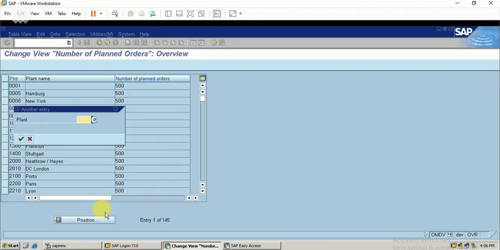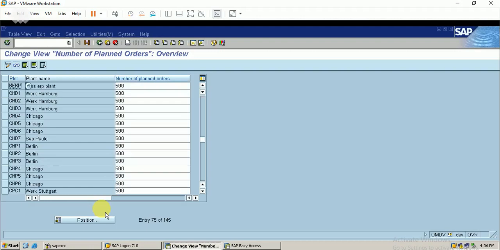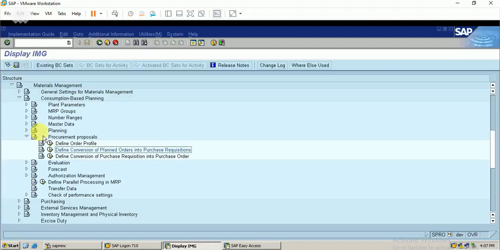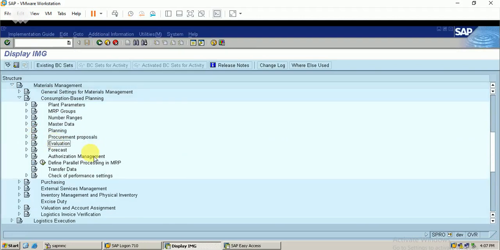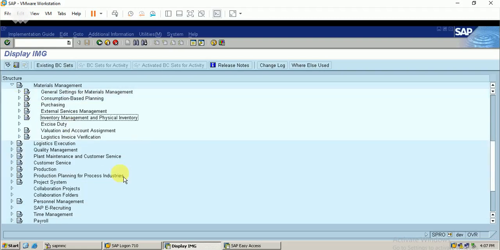Let me check whether my plant is available. Okay. So I think I have completed the configuration.